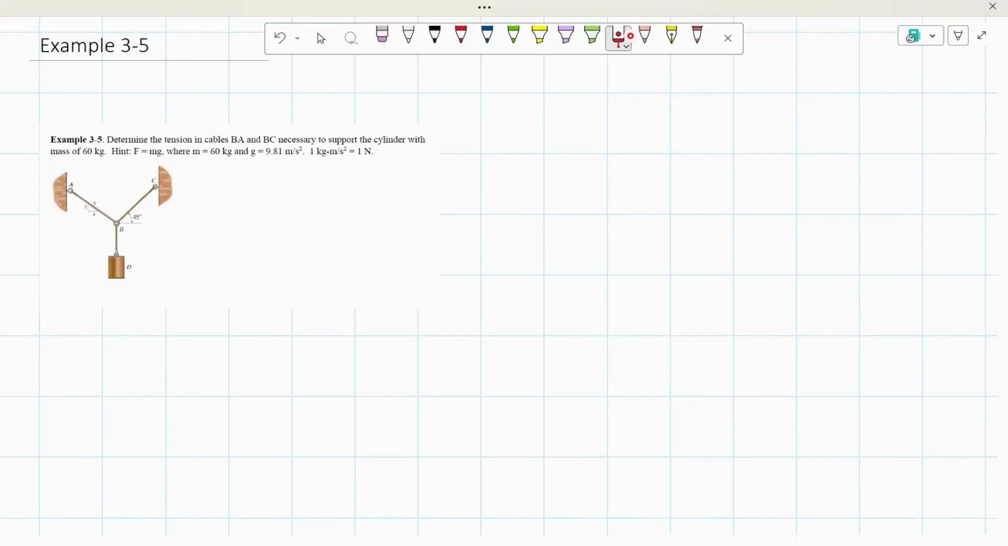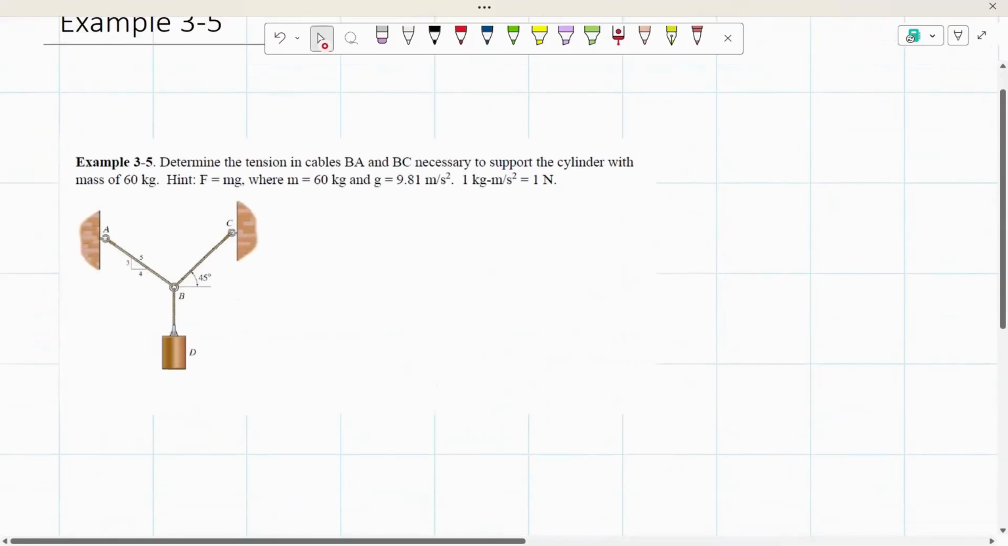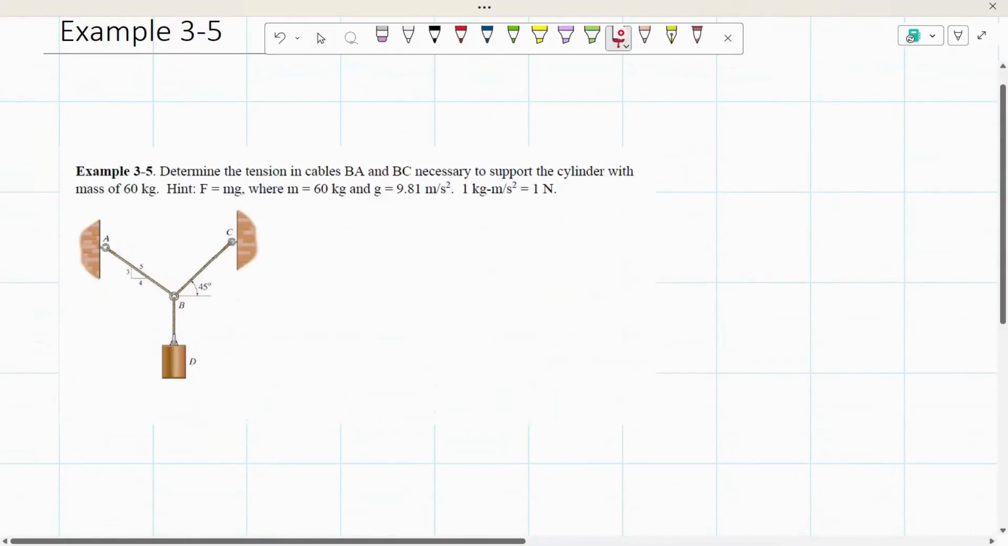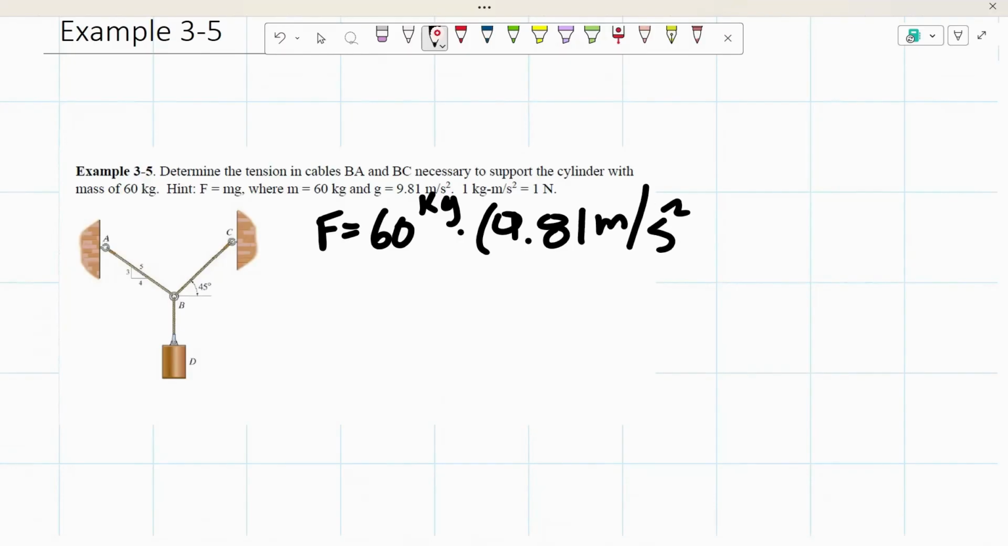B right there. So the first thing we're going to do is find out the force that this cylinder is applying right here. We know that the force is going to be going downwards. As we were given the hint, force is equal to mass times gravity. So force is equal to mass, which is 60 kilograms, times gravity, which everybody should know, 9.81 meters over second squared. And that means that the force is equal to